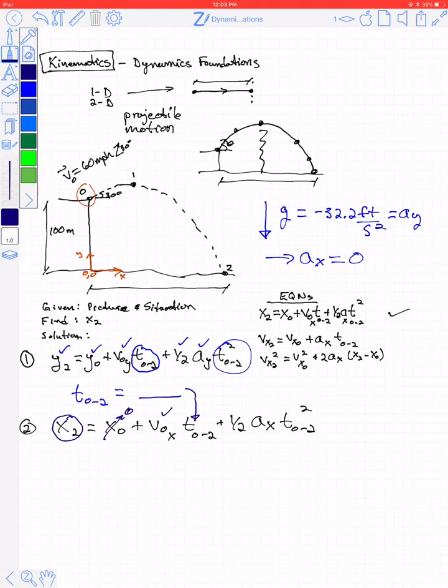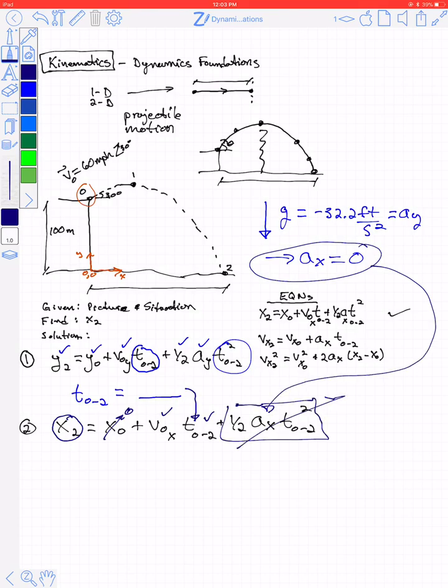And the time, if I got it here, I would have it. And acceleration in the x direction is 0, so this whole term becomes 0. So if I do the math for those two, I will have the time that it takes for the ball to travel, and that's the time from 0 to 2. And then I will also have